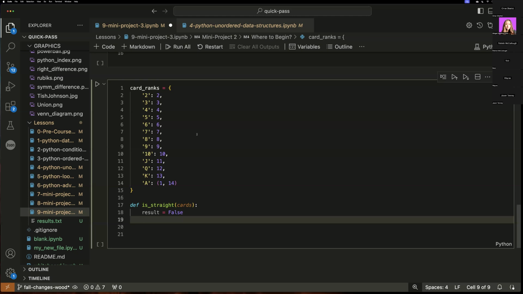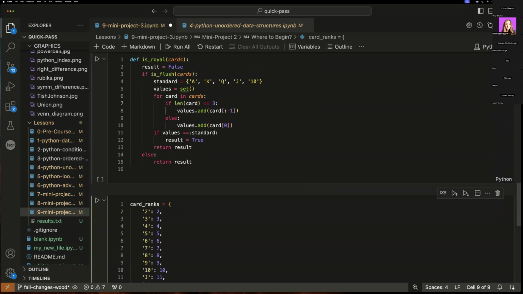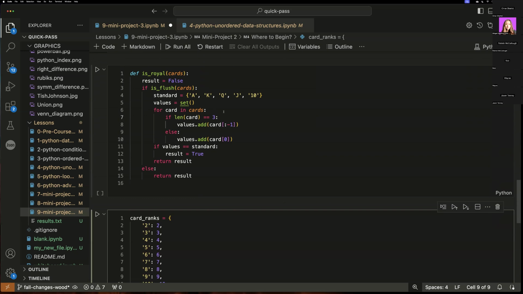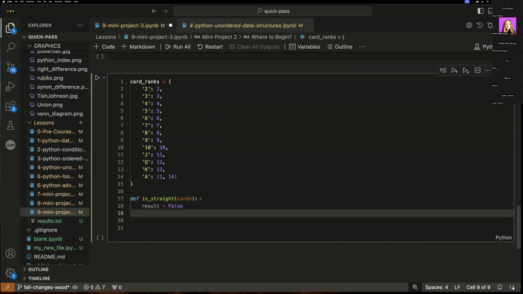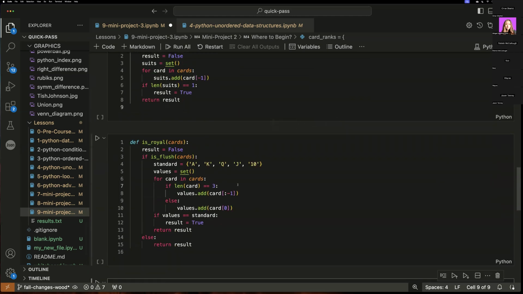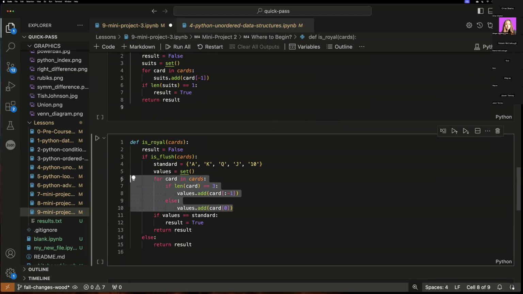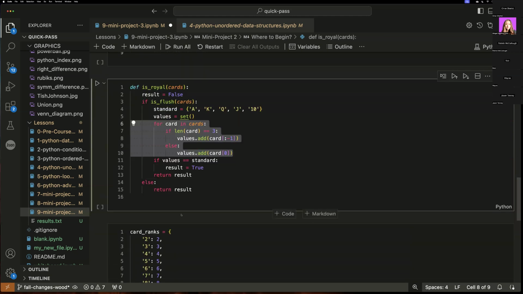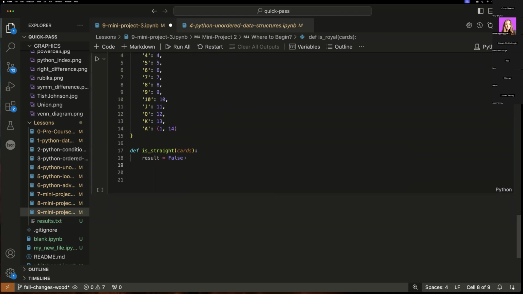So I think just like the other functions we had, we probably want to go over the cards and get the value, because with a straight, we don't care about the suit at all, right? We just care about the value of the card. And so maybe we should just start with a loop to go over the cards and get the values. And I think we can probably borrow the logic we have here, where we're checking to see if